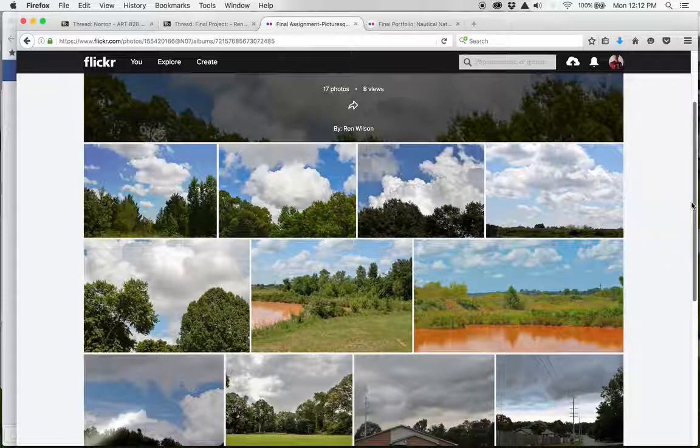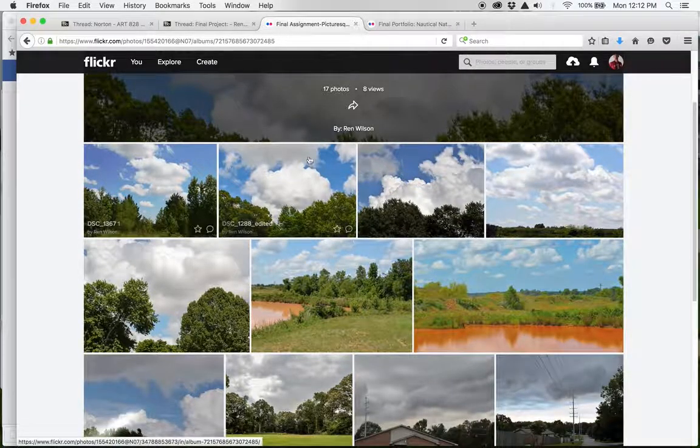The other thing I'm struck by is the difference in blues, the blues here versus the blues here. Now that certainly happens on different days, different sky colors, even different settings. Though in a portfolio like this, I almost want to get some consistency in that, so that drives me a little bit better. The other thing I see and think is these three are in almost the exact same composition.